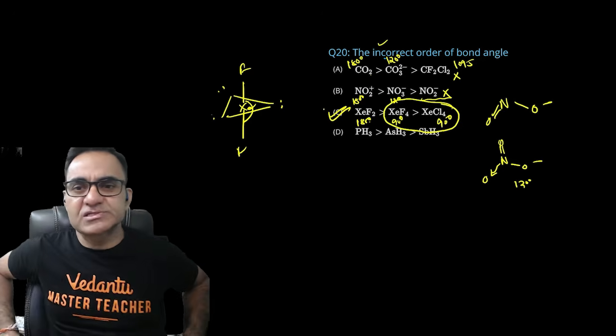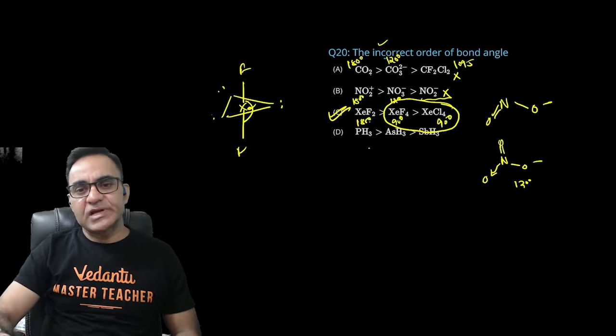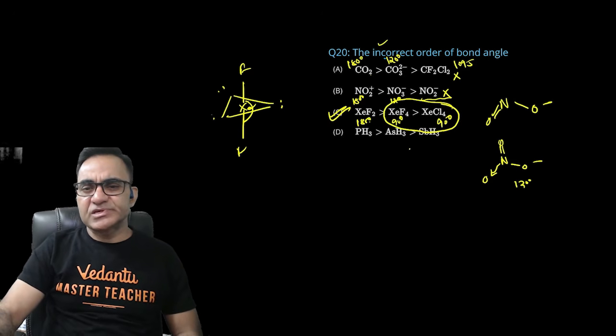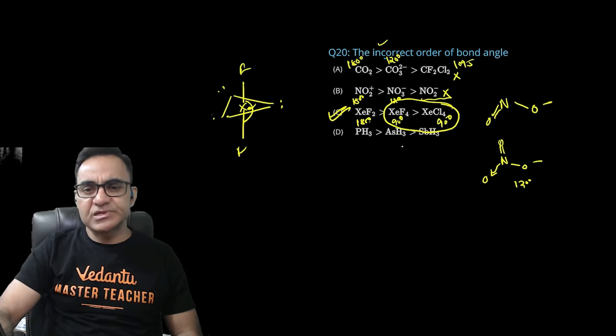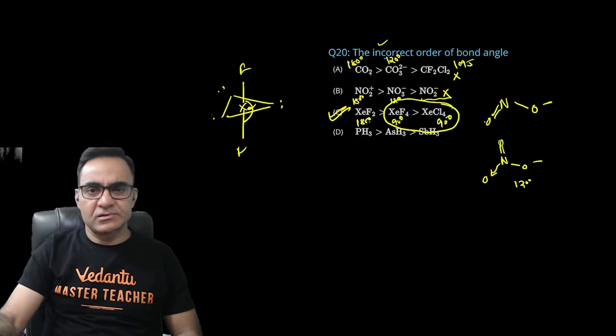दिस इज नॉट अ करेक्ट सीक्वेंस ऑफ बॉन्ड एंगल, सो सी इज गोइंग टू बी द राइट आंसर। बाकी मैं जानते हो AsH3, PH3, SbH3 इन सभी में बॉन्ड एंगल घटते हुए क्रम में होता है, तो आंसर सी इज गोइंग टू बी द राइट वन।